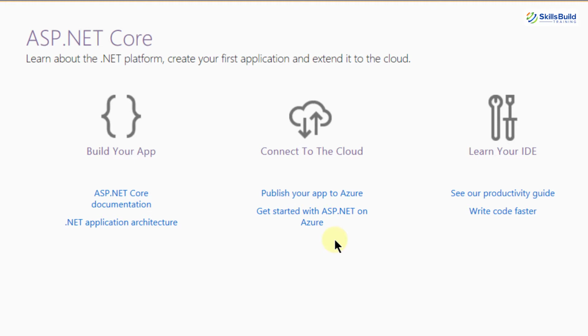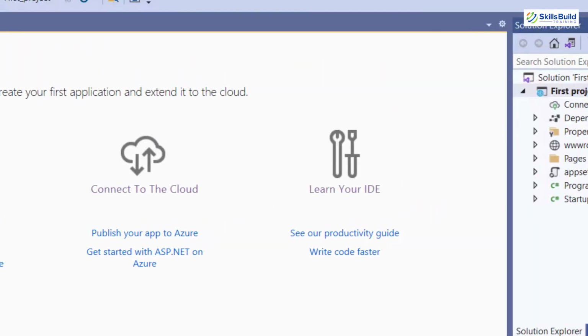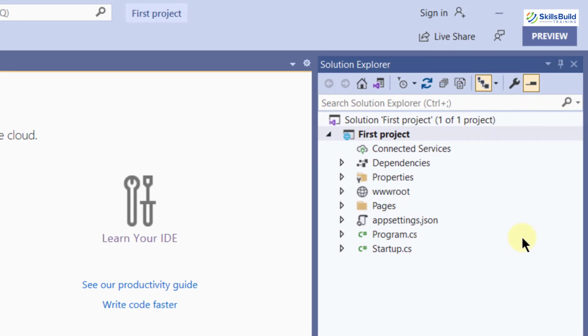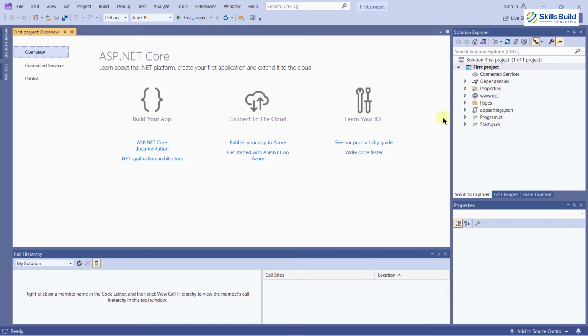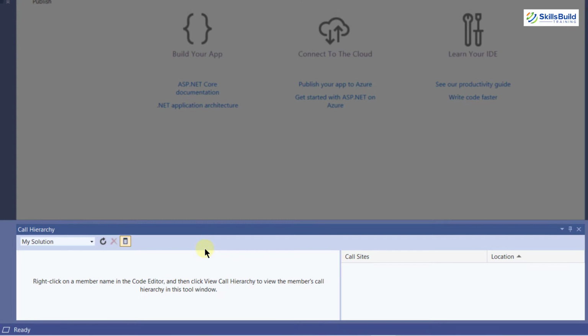Now let's explore the interface of our Visual Studio 2022. Here in this section, we will have all the files which we will create or on which we will code. All of them will appear here, and here we will have our Solution Explorer, or you can say different properties regarding our open files. And here we will have our console, or you can say we will see our output, and in terms of debugging, we can adjust everything here.